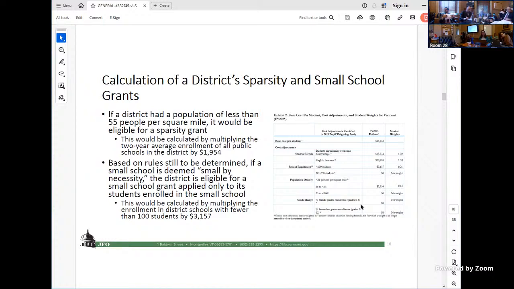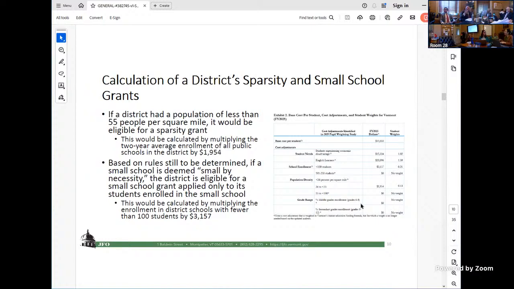I will note that the weights we are seeing here were all calculated by Dr. Colby using the same models that were used for calculating the current law weights. The weights established in Act 127 were calculated by Dr. Colby. She was contracted with this year and provided updated data to use that weighting model from 2019 to calculate foundation formula weights consistent with current law and current data.